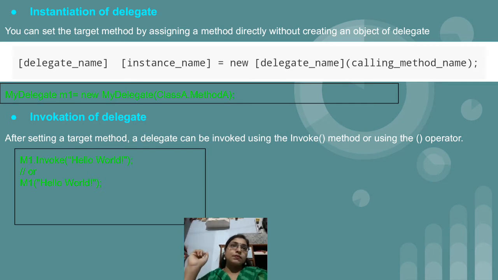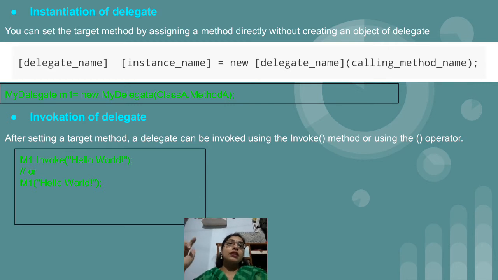After that, the object name, then use equal to new, as we want to create an object, so we need to make use of the new keyword, and after the new keyword again write down the delegate name, and in round brackets you will provide the method name which you have created in class A. For the delegate instantiation example I have given, we have created MyDelegate. So again, the name of the delegate, MyDelegate, m1 is the name of the object, equal to new MyDelegate, into round brackets.